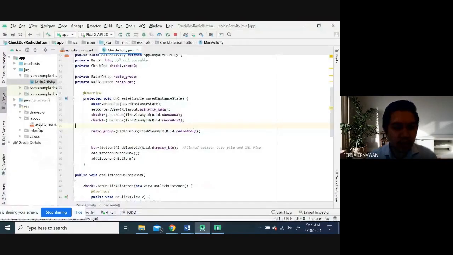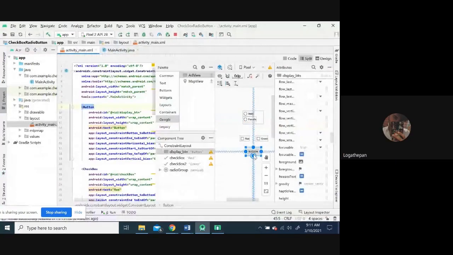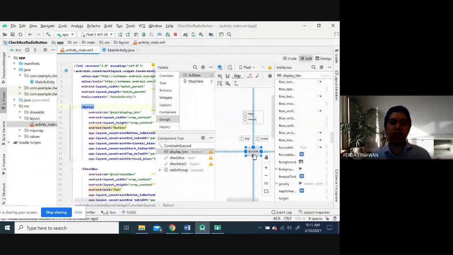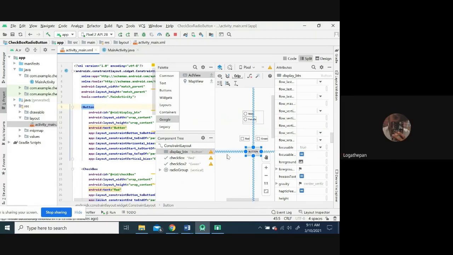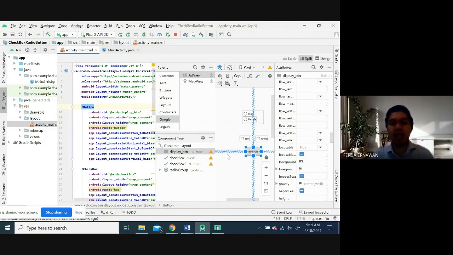Oh, this one? Yes, of course, you can have more, up to you. Let's say you have three. For example, this one is display, maybe this one is another function. But remember, yesterday we discussed one activity. You can have more than one activity later on, which is intent.